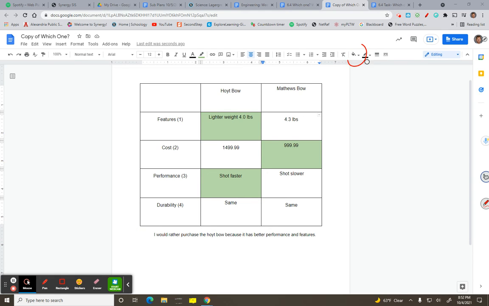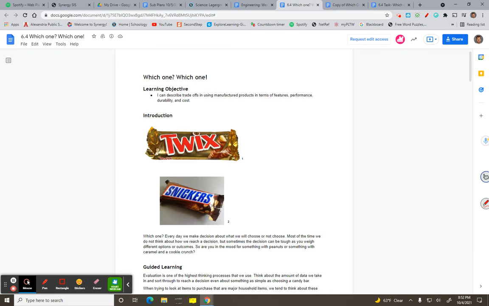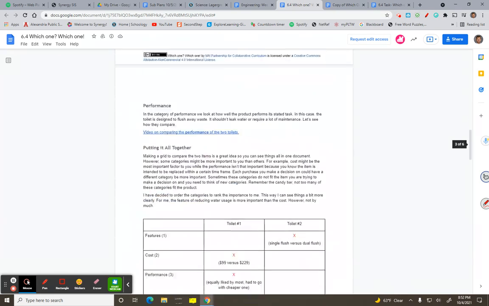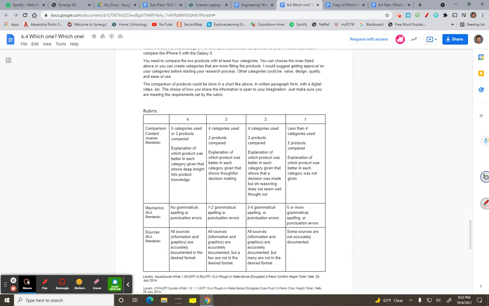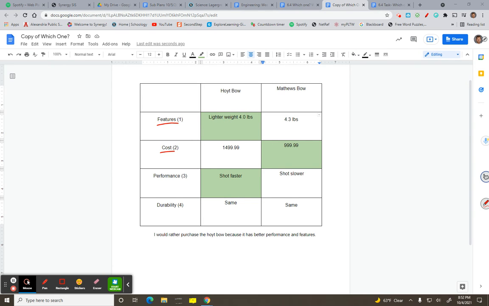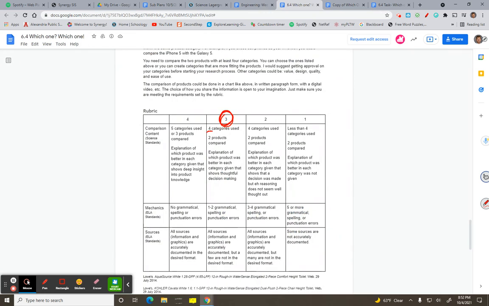I do want to go through the requirements though for you. And that was on the bottom of your lesson. So if you scroll all the way down here, and I remember always want a 3. So your 4 categories were the 4 that are built in there. That's these: features, cost, performance, durability. Those are your 4 categories, and I do want you to use all 4 of those on there. Then